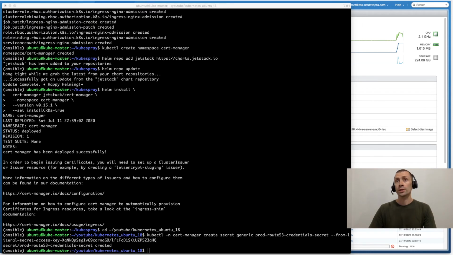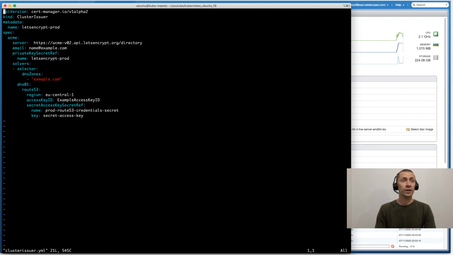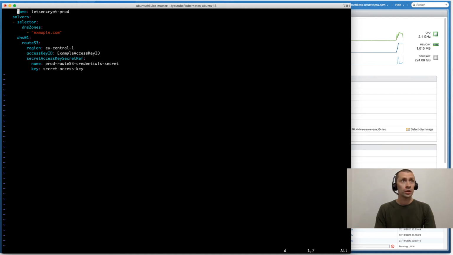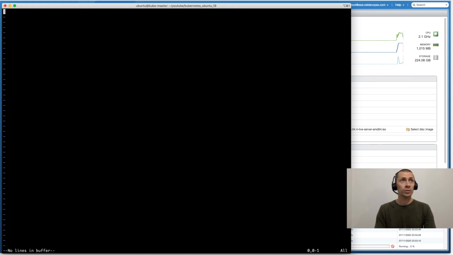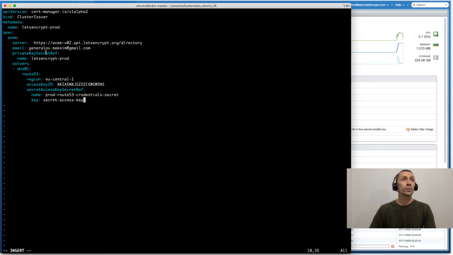And now we need to create the cluster issuer. This is the file, and we are going to update it. I already prepared the new content of the file based on my data.